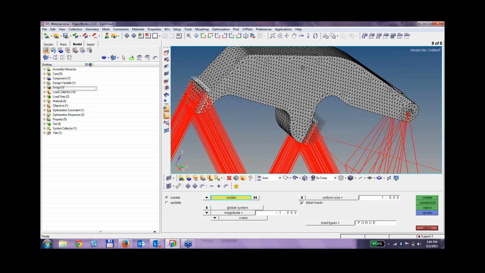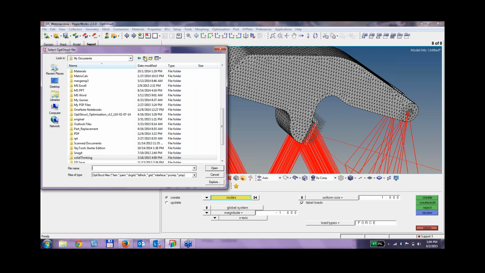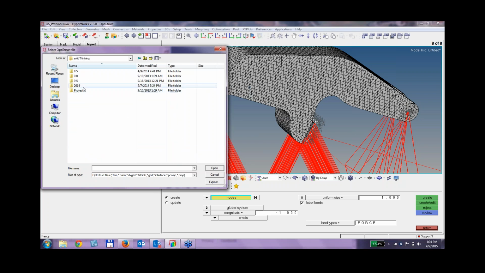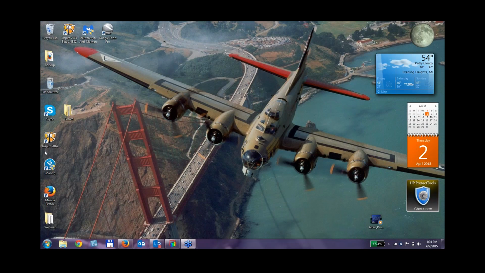Again, if you can repeat that location. Yeah, so by default, it's in your My Documents directory. In your My Documents directory, in Solid Thinking, 2014 or whatever version of Inspire you're using, optimization. Now, if you forget that, bear with me just a second here, let me pop up